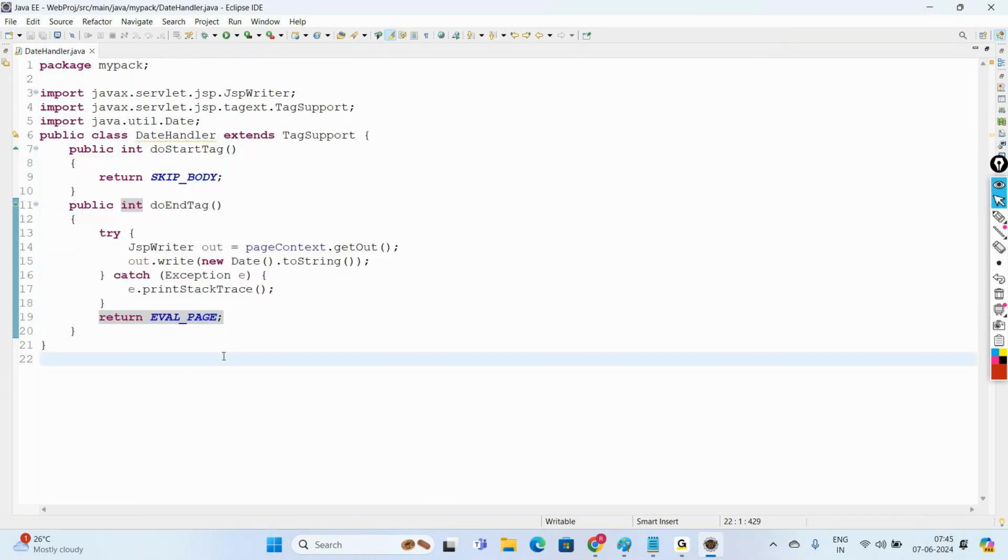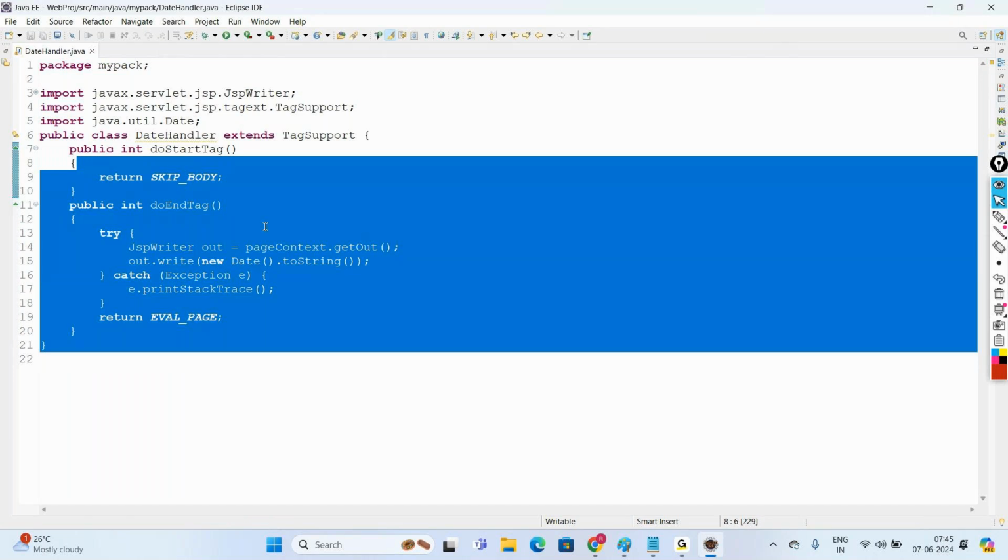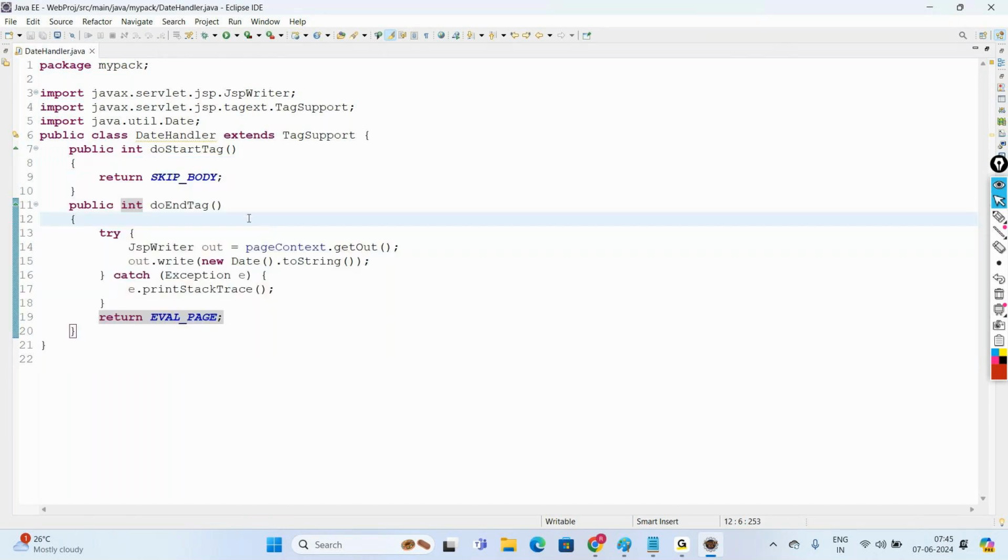So no need to remember the code. No one will ask you to write the code. Just understand the concept of how to create custom tags. And this concept is not at all used nowadays, but to have an idea, I'm discussing this. The next step,